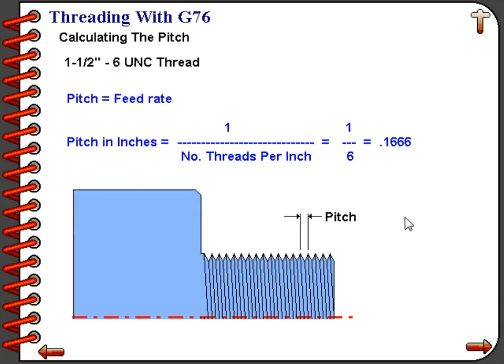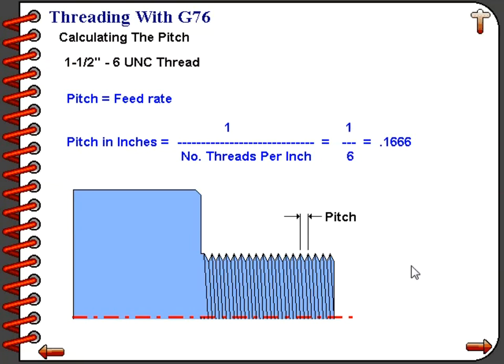As mentioned earlier, the pitch is always specified as the number of threads per inch here in the United States. So when we see a specification 1 1/2 inch dash 6, the 6 means 6 threads per inch. Now what we're going to do is convert that to what's called pitch in inches. What we want to know is the distance from one peak to the next as shown in the diagram below. This is very easy. All we need to do is take 1 divided by the number of threads per inch. And in our example, that will be